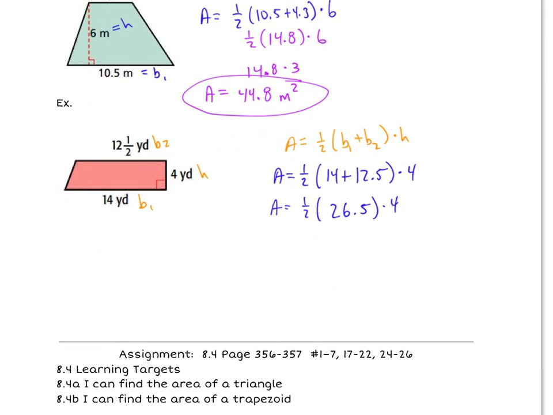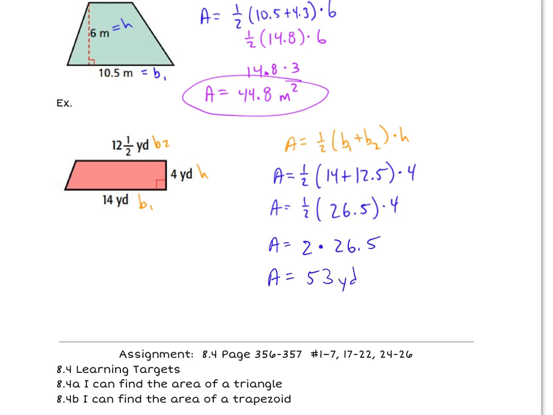And we end up with area equals, if I can do my half times my 4 here, equals 2 times 26.5, because also remember a number next to parentheses means multiply, they just don't write it there. So 2 26.5s gives me area equals